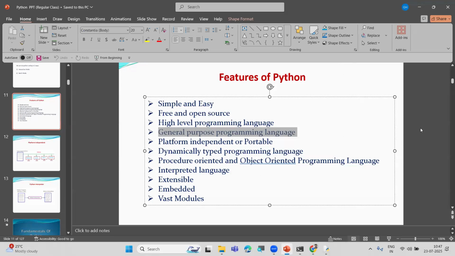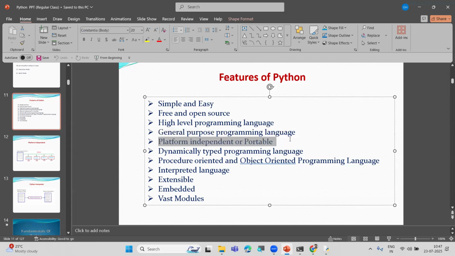Python we use in different technologies like AI, ML, data science, IoT, web development, game development, desktop applications. There are so many things we can design and develop using Python only, or Python libraries. That is why Python is known as a general purpose programming language. We use Python for general purpose. Right. Next,